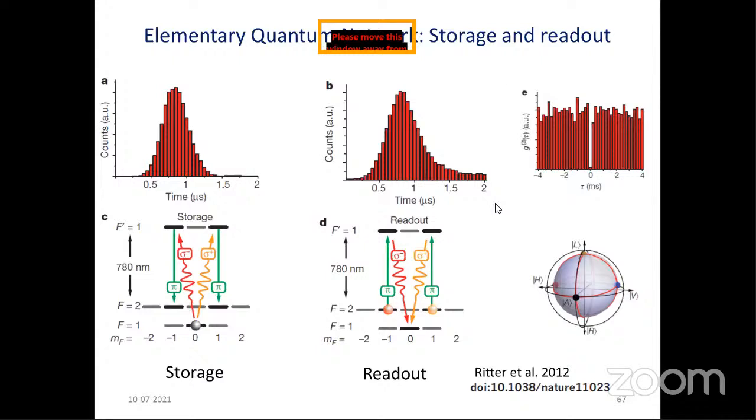So you can do storage and readout. In this case, this is the ground state. This is the F equal to 2. These are the excited states. So the way you store it is that once you initialize the state here, then you come with two laser lights of certain polarization. This depends upon the excited states' magnetic sublevels. And then you excite it coherently to this and this state, and then from there it decays. It is driven coherently down to the other ground state.